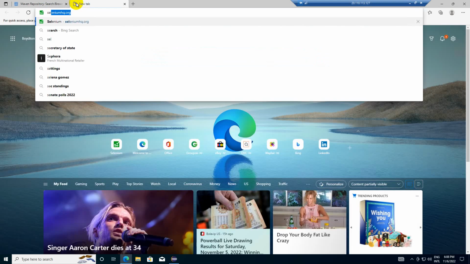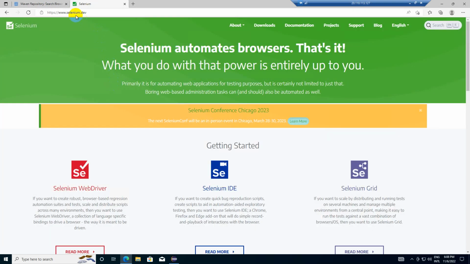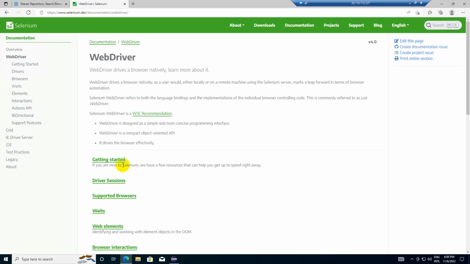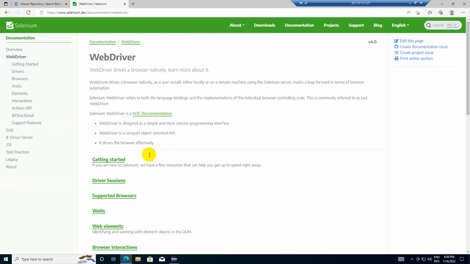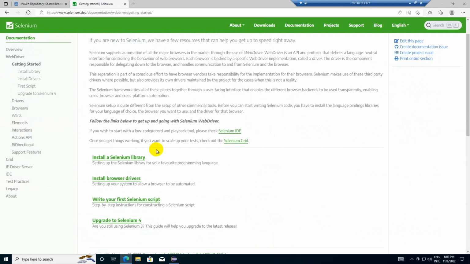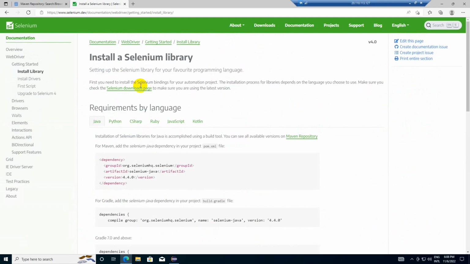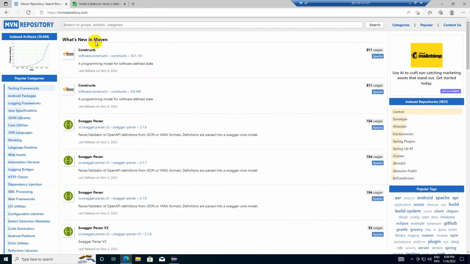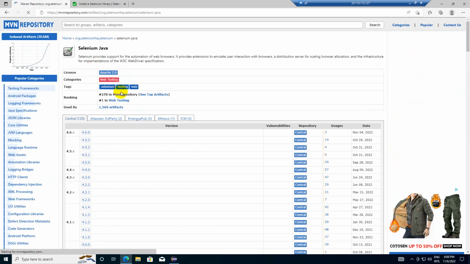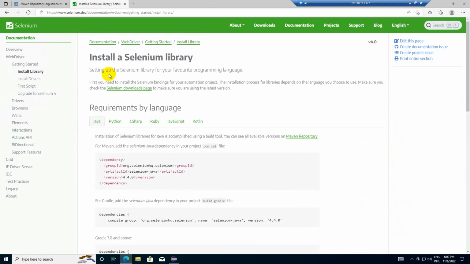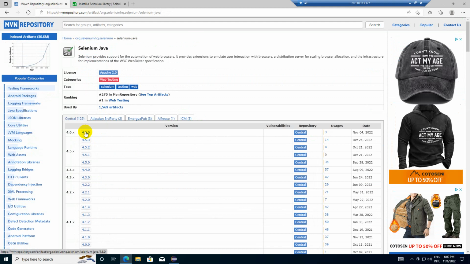Either you can go to Selenium HQ, and it will redirect to the new site selenium.dev, where you can pick the related data from the homepage of the Selenium website for installing the libraries, or you can search in this public Maven repository for Selenium and pick the first one. So this is the latest version. Here it's 4.4.0. Let's open,